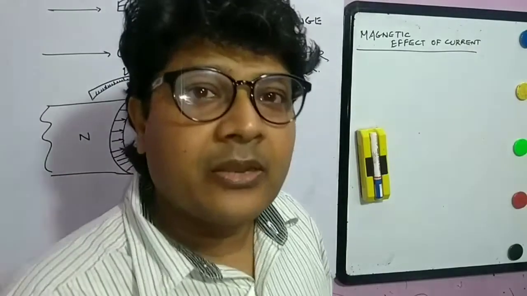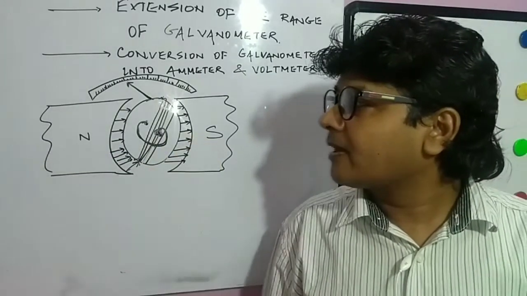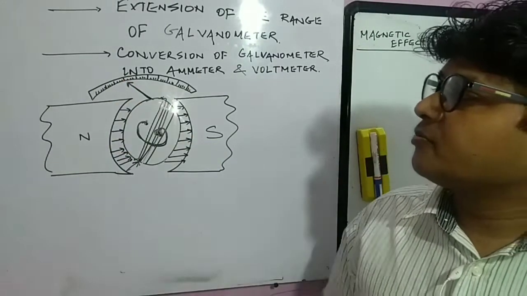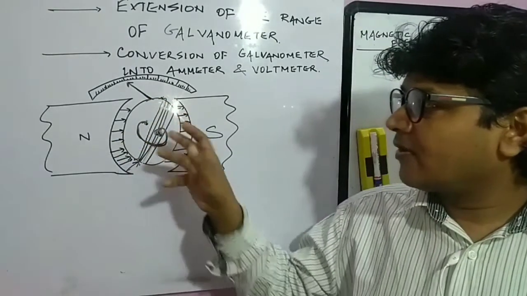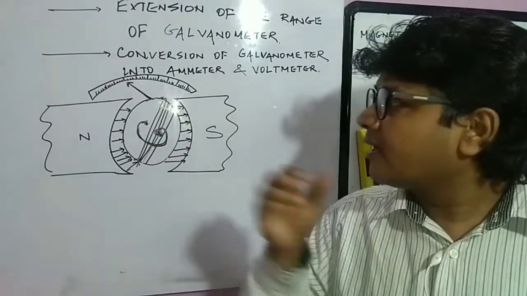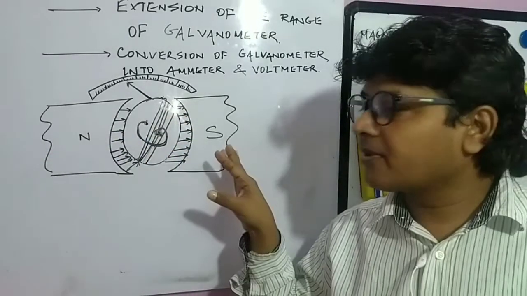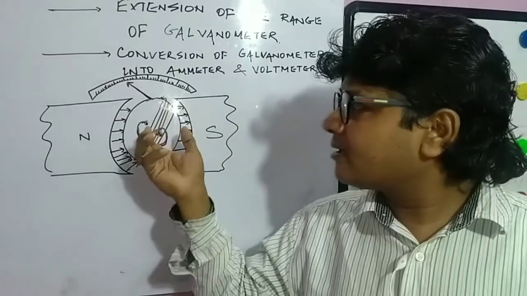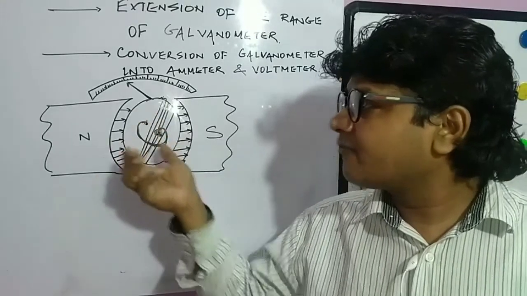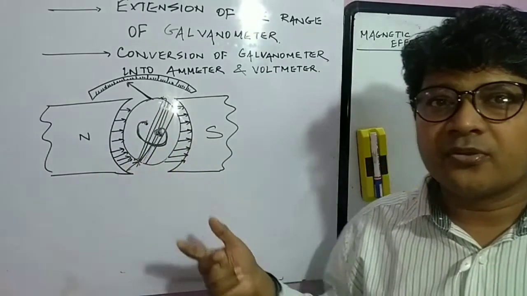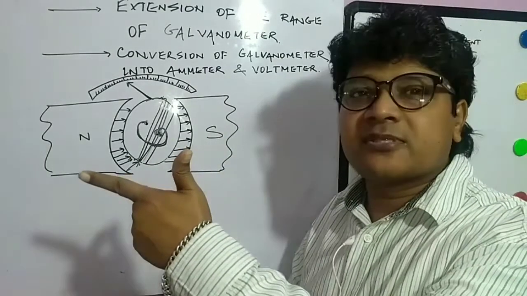So galvanometer, if we are talking about, this is the basic structure of a galvanometer. There is a permanent magnet, and this is the pointer, this is the needle, and when you are keeping the coil in the magnetic field and a current flows through it, a current will flow in this coil, and when you keep it in the magnetic field, a torque, a force, will act on this coil, and that force will be converted into torque by F is equal to BIL sin theta. This is the case, Fleming's left hand rule.